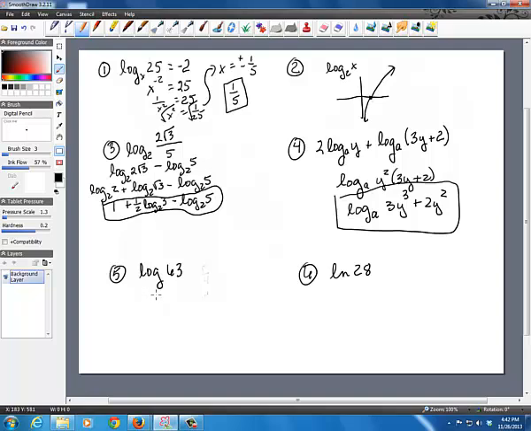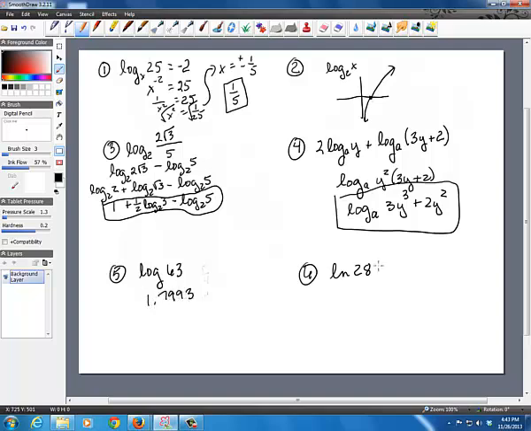And these last two are just using your calculator to find the log. We don't know what the exponent of 10 is that gives me 63. I mean, it's not one we can do in our head. So we put it into a calculator. Your answer should be